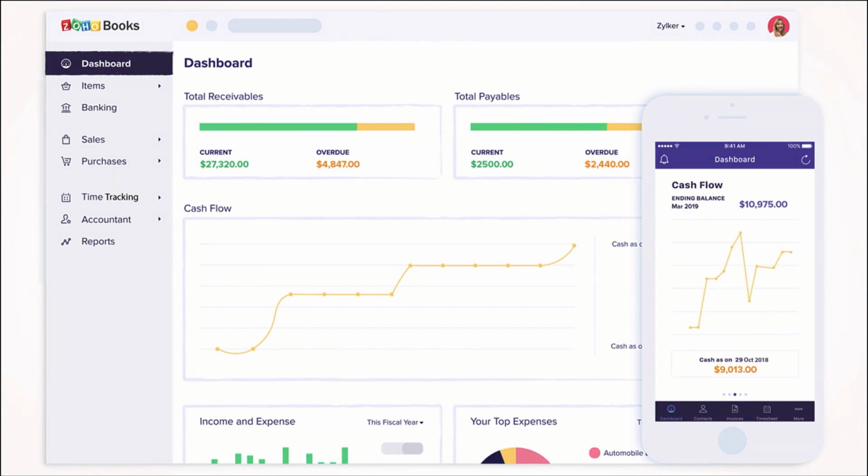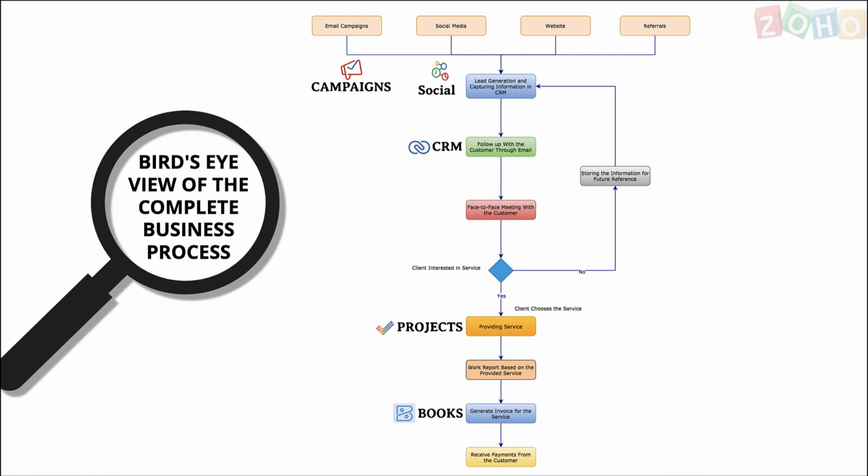Payments are then collected using Zoho Books that helps you manage your accounting and keep track of your company's finances. This is an integrated business flow where all the operations we discussed so far are unified. Similarly, the applications supporting these operations can be integrated for optimal data synchronization. As you all can see here in the workflow, there are different applications that help a business manage their operations, and this helps to streamline your business.